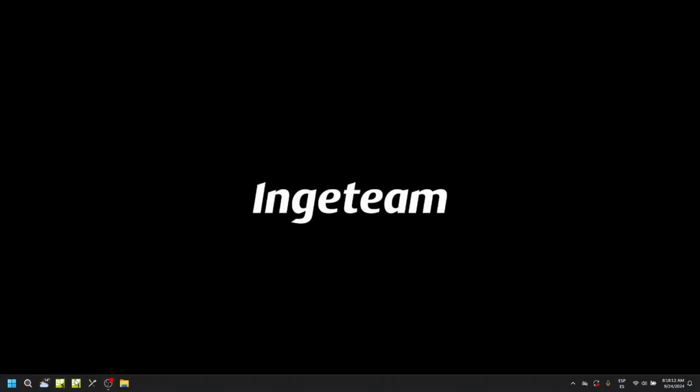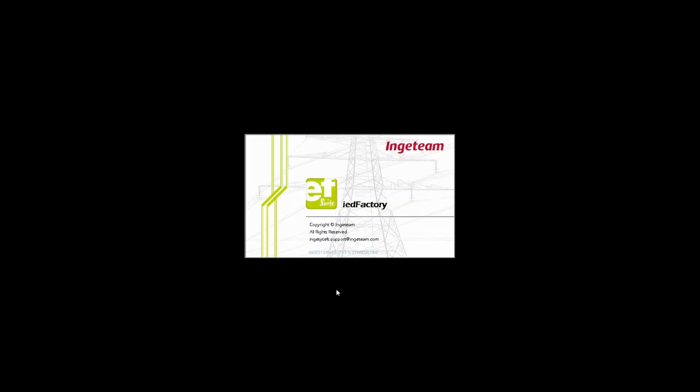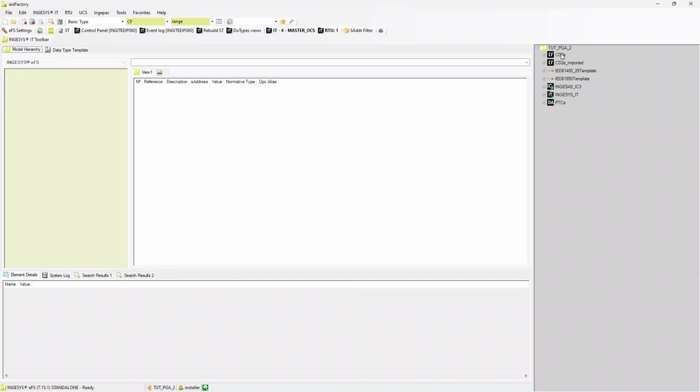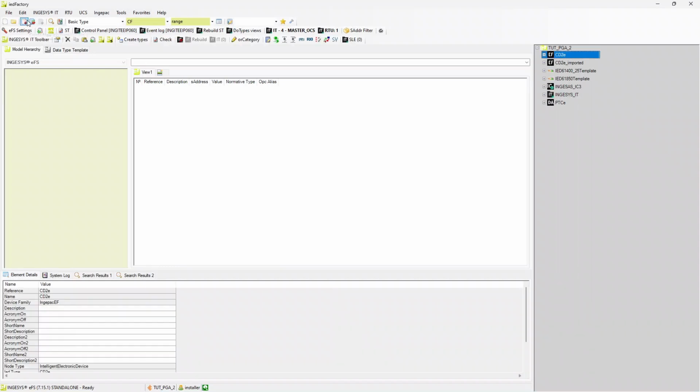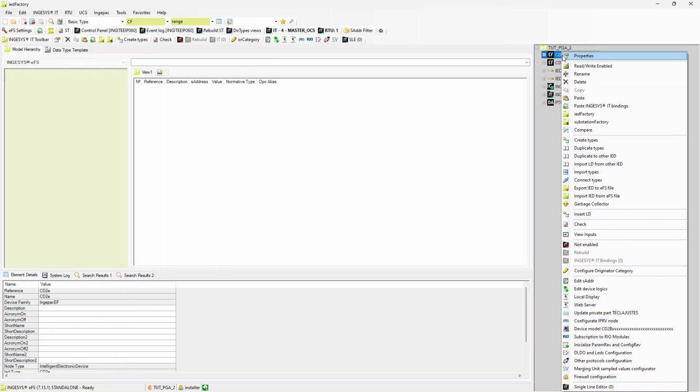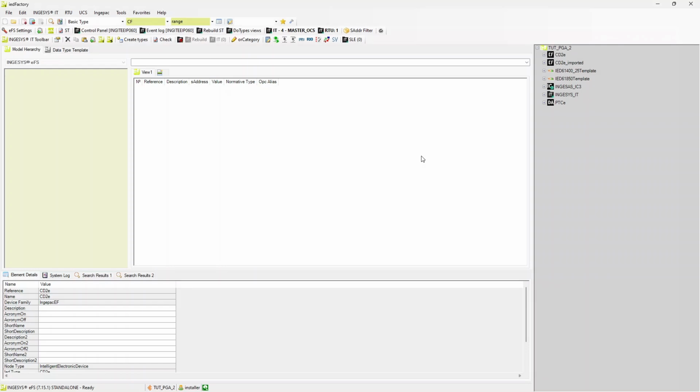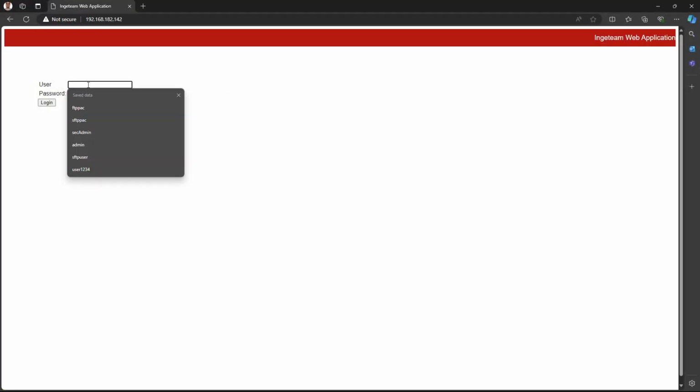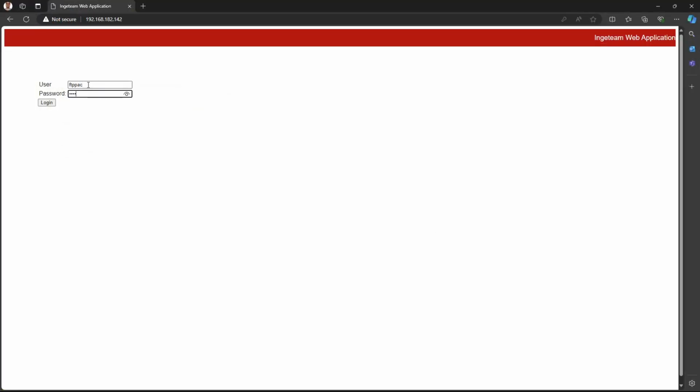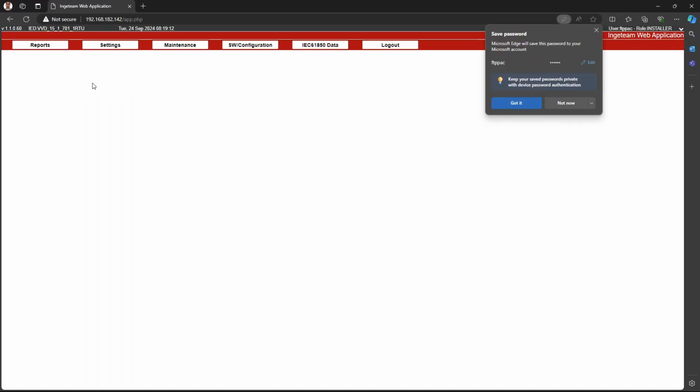We can also import configuration documents to our installation from IED Factory. Nonetheless, in this case, these documents will be used to either create a new IED template or to replace an already existing one. By right-clicking on one of the IED templates, their configuration documents can also be exported. Besides the EnergyFactory suite tools, the web server of the IEDs does also have configuration document management capabilities.